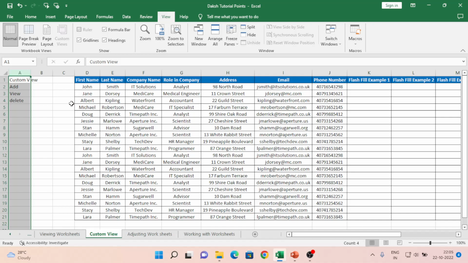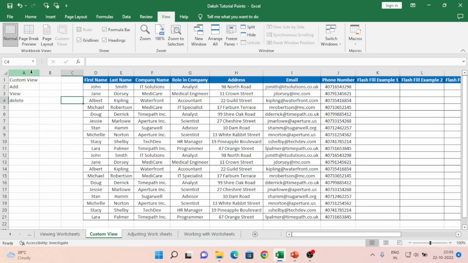So first, I will show you how we can get the custom view, then how we can add our custom view, then how we can view the custom views, what custom views are there, and if not needed, I have done with my work, so I can delete it. To get that,